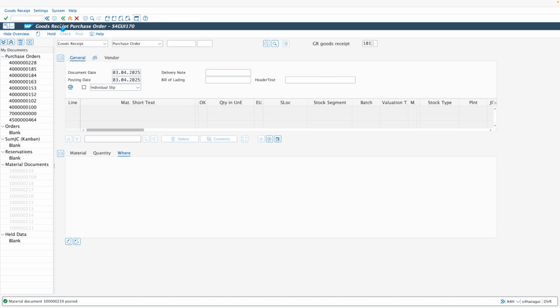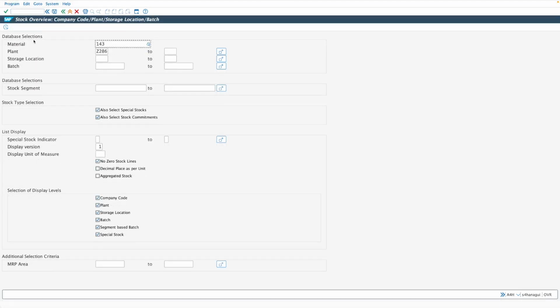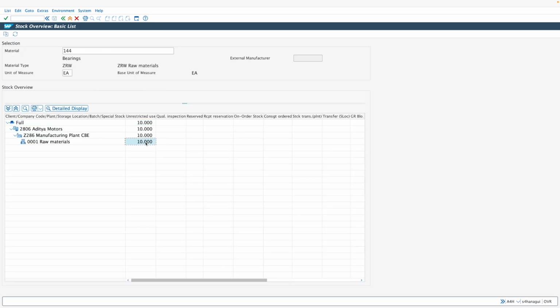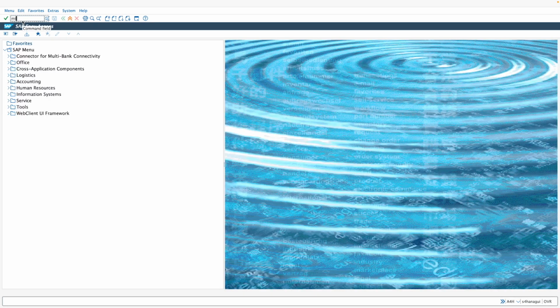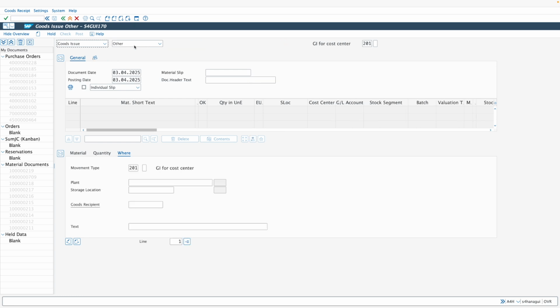Let's verify in MMBE also. So you can see 10 bearings are available in the stock. Now what has happened is we have issued these bearings to the plant. So let's issue first. So what we'll do is we'll go to MIGO again, and then we'll do goods issue,